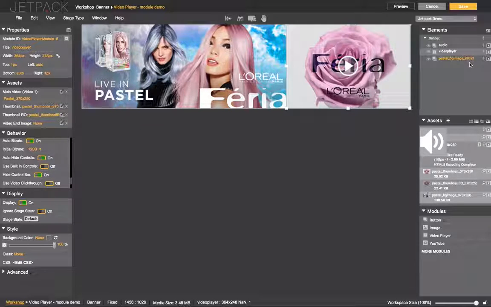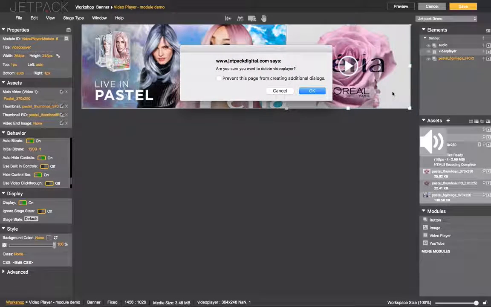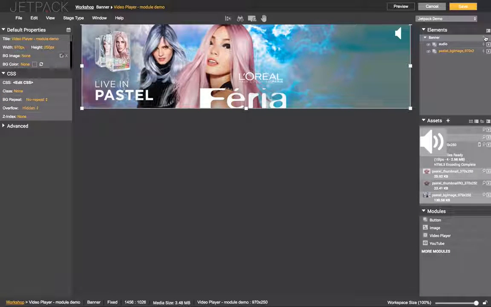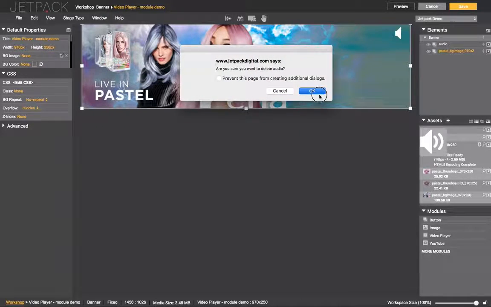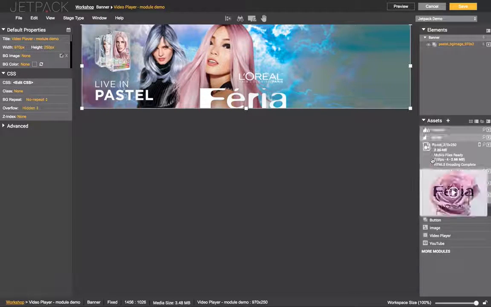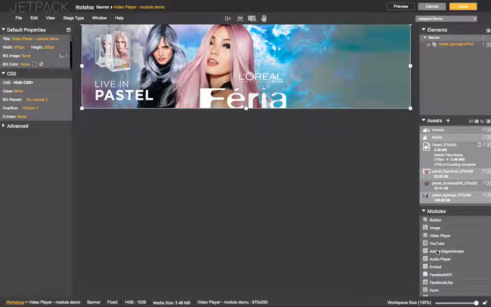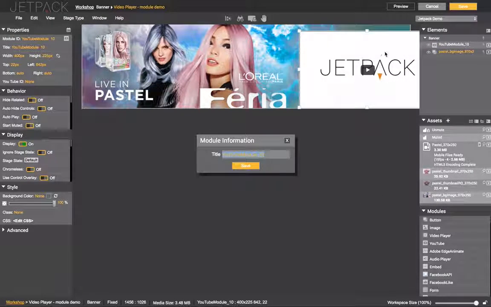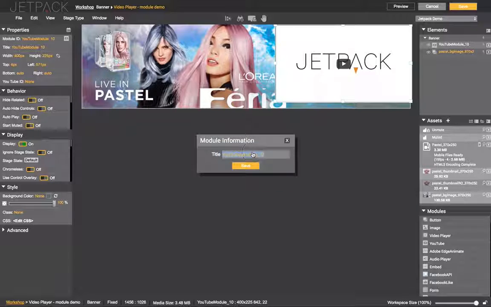So that's the general gist on the basic video player. I'm going to delete that and delete the audio button. Another feature that we have is to embed a YouTube video, or in more modules, there are some other video options, Ooyala and Limelight. Quickly, I'm going to add a YouTube player to the stage, and you'll see it pre-populates with another YouTube player with a YouTube video,